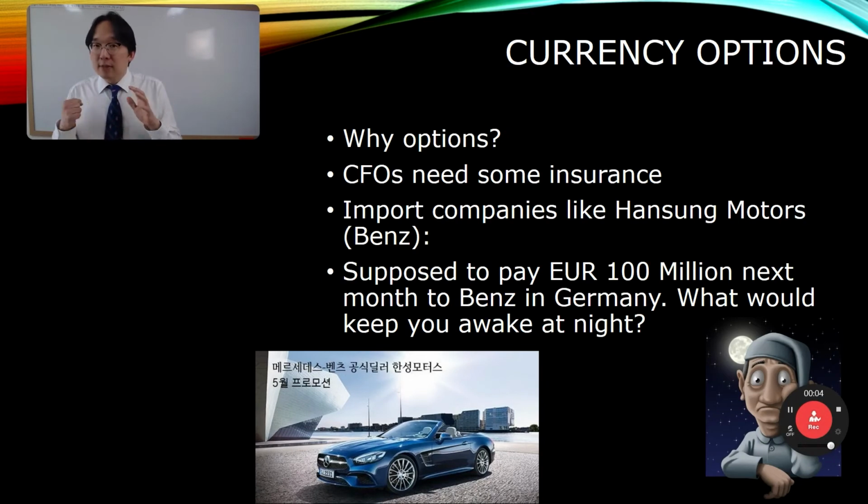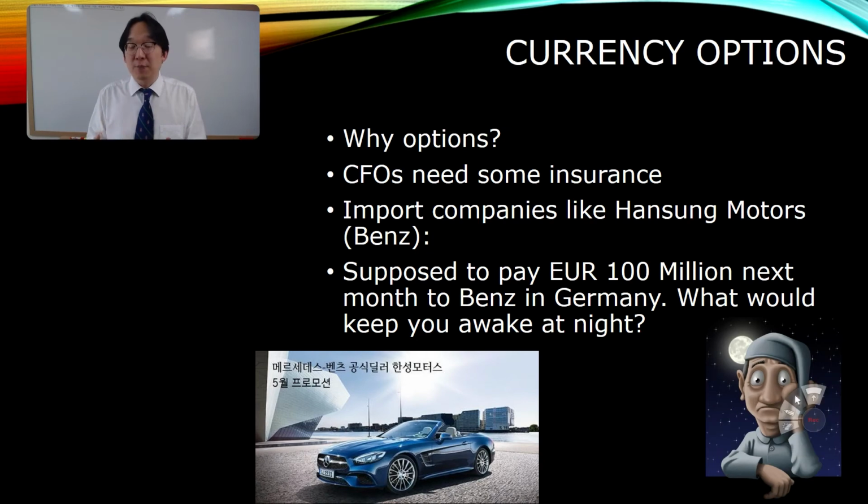Now, let's take the other perspective about why you need currency options as company managers. Let's say you are the CFO of Hansung Motors this time. Foreign students may be feeling strange. What is Hansung Motors? You've never heard about it. Of course you haven't, but that's because this is an importer. They are importing Mercedes-Benz to Korea. So you must not have heard of it before. But let's say Benz has been perhaps the most popular car sold in Korea these days,